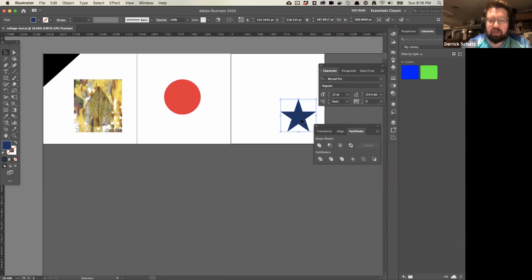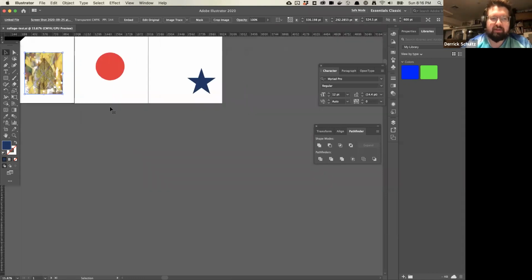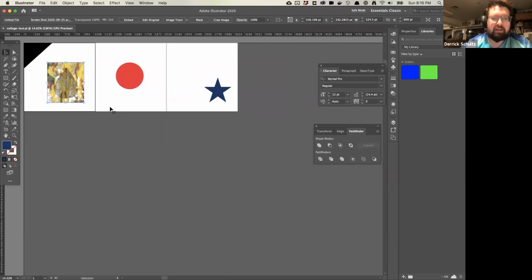They're different types of shapes, different colors. I also have a placed image in here. So what we're going to do, I think what Esteban is alluding to, is: can I take all these shapes and randomly combine them in different orders? Obviously I would probably want to work with, say, 100 shapes. Working with only 4 shapes is going to give me pretty limited results. But if I had 100 built up, I could actually run this script and it would still work this way.